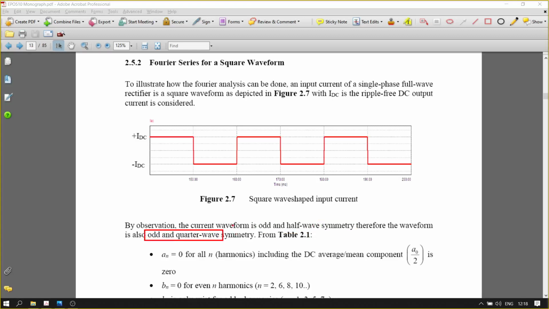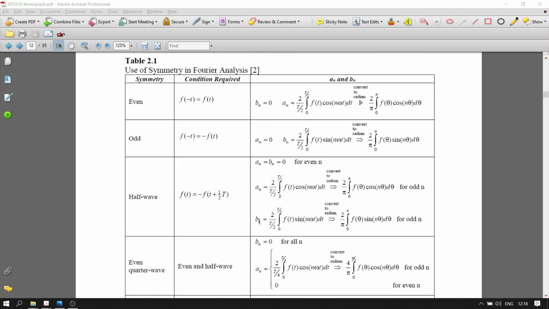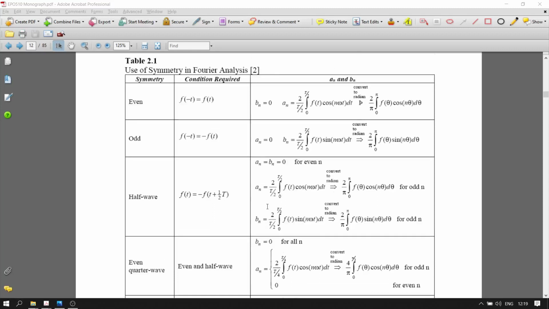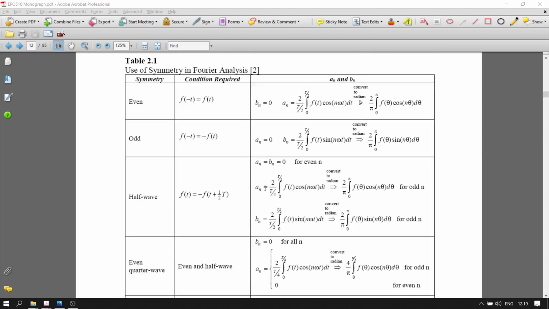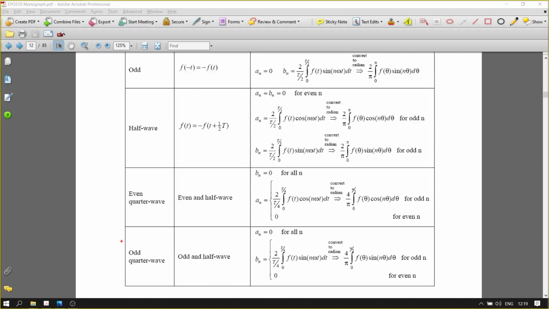So based on that symmetry, we can look into the table here, right? From this table we will look at the features or the condition, and also what happens to the An if the waveform has any kind of that symmetry. So if you have odd and quarter wave, you don't have to find An, because An is